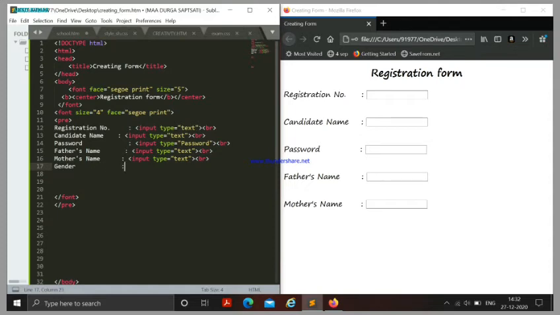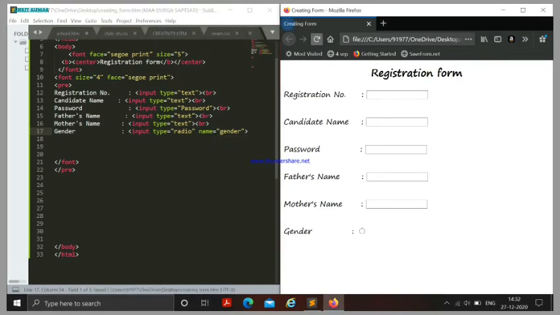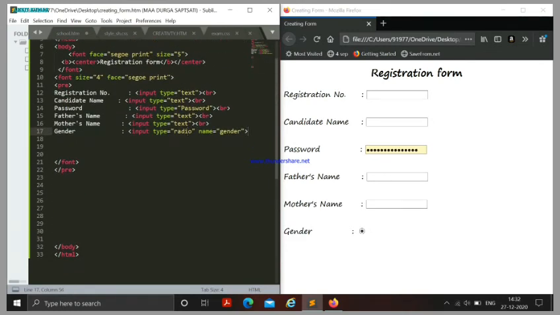And in the gender, the input type will be radio. After the bracket we can write anything, and in that place we have to write male here.